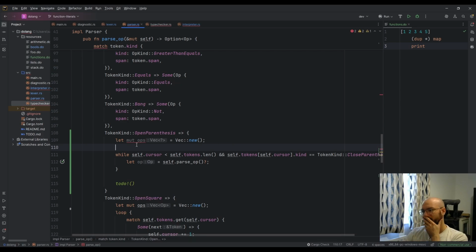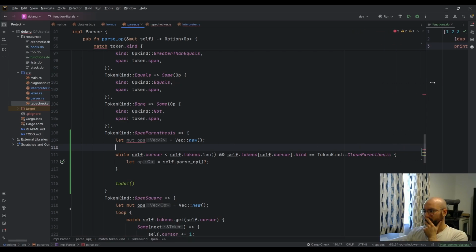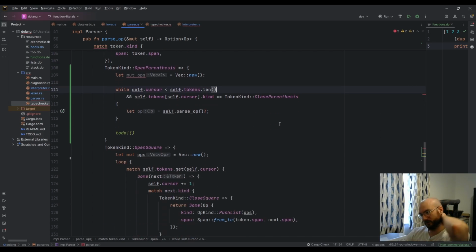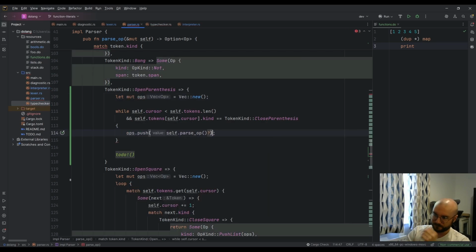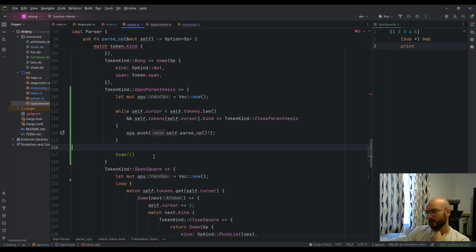Yeah, okay. So that actually works. Let's move this aside because we've got such a wide... In fact, does this... Yeah, okay, now that works better. So if we do this, we want to parse the op and then just add that to ops. So ops push self parse op. And then if we break out of here,